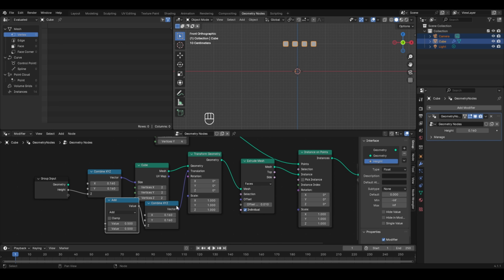Also, you can control the position in the X and Y axis from here, which is set to 0.16 because we created a duplicate from here which was controlling the size, and therefore we are having these values here. So I'll select both of them and reduce it to 0. But even after doing all this, our problem is still not solved, because if I go to the height option here and increase it,